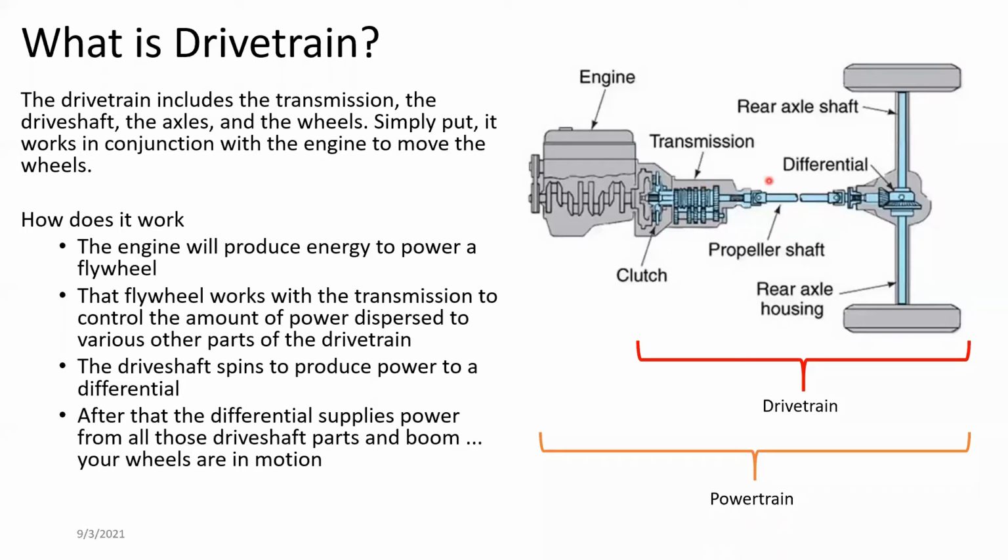Next, the propeller shaft, right? Propeller shaft, then it goes to the final drive and the differential. So this contains the final drive and the differential. Finally, you have the rear axle shafts. So this whole housing is the axle, and inside the axle you have two shafts which are known as axle shafts. That section comes under the drivetrain, but